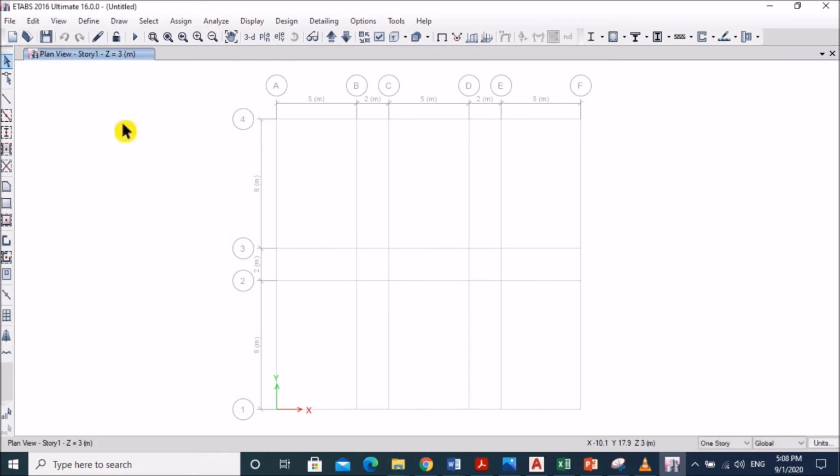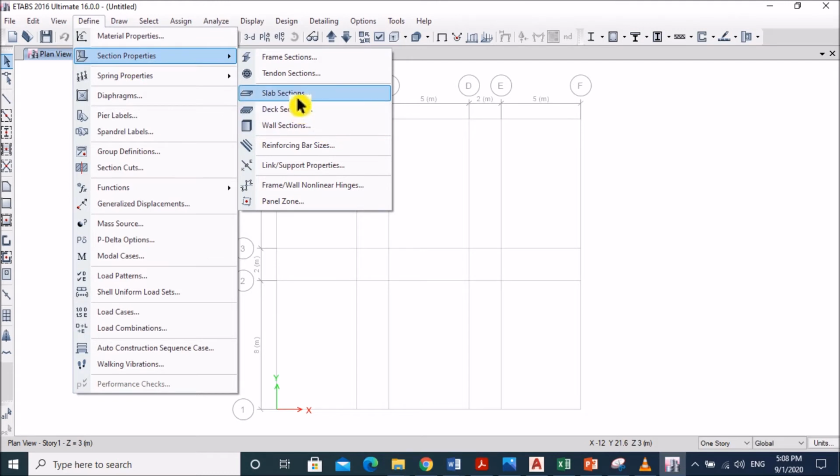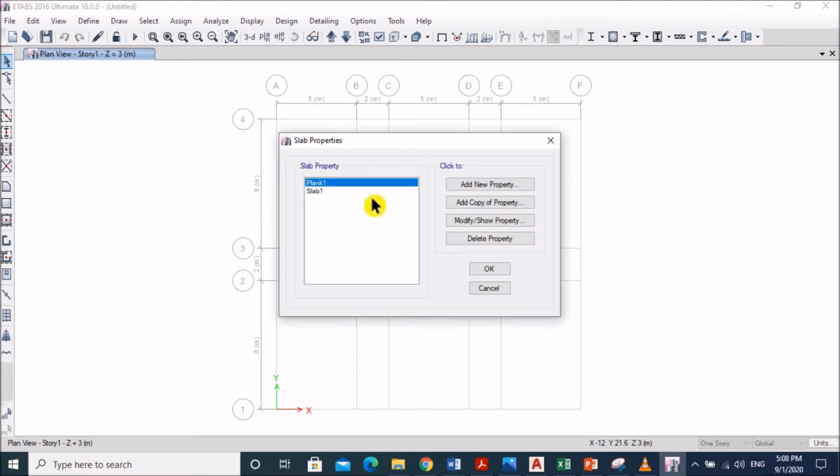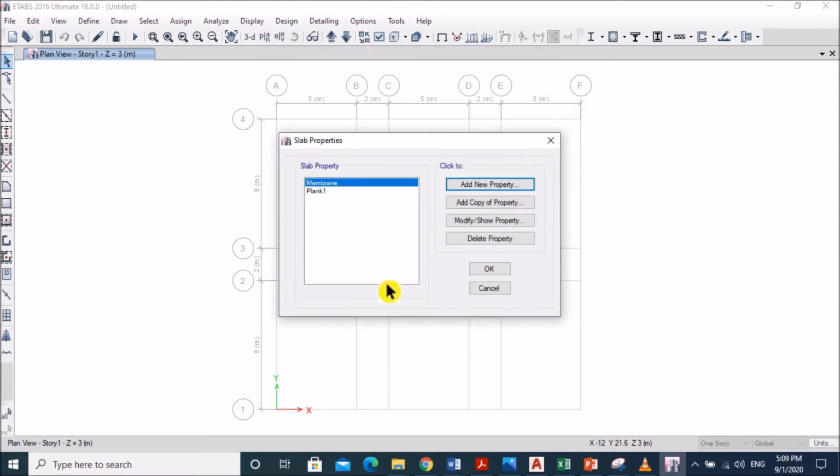OK. Now we have to define shell elements, that is go to define section property, then slab section, delete this slab one, delete properties, OK. Add new property, first should be membrane, MEM membrane, it should be M30, this should be membrane as well, modeling type, slab 200 mm thickness, that's OK.